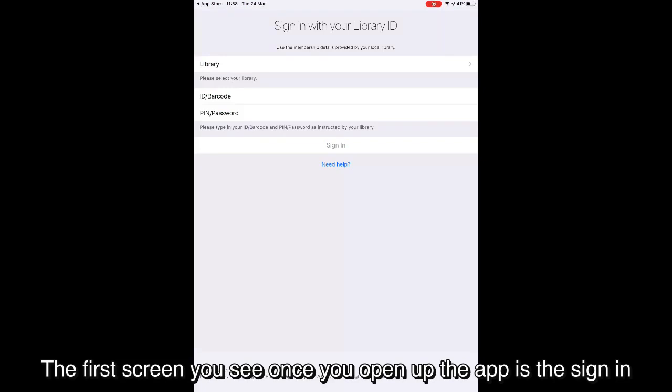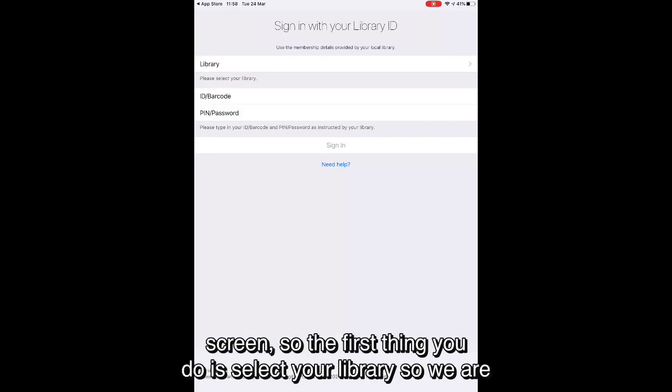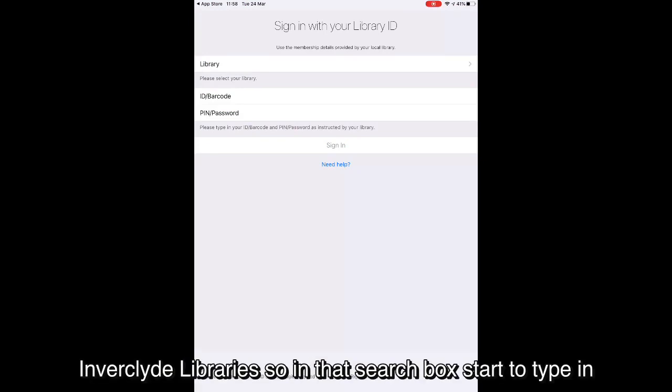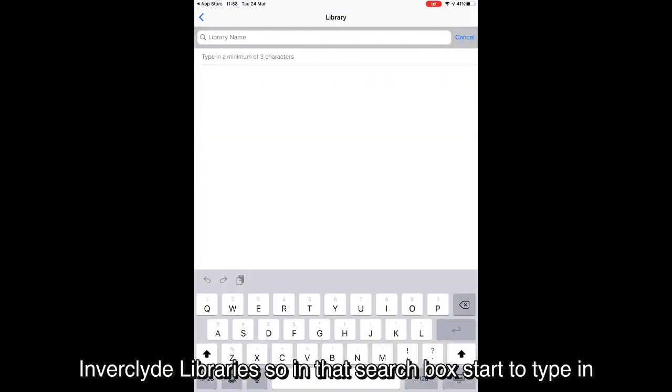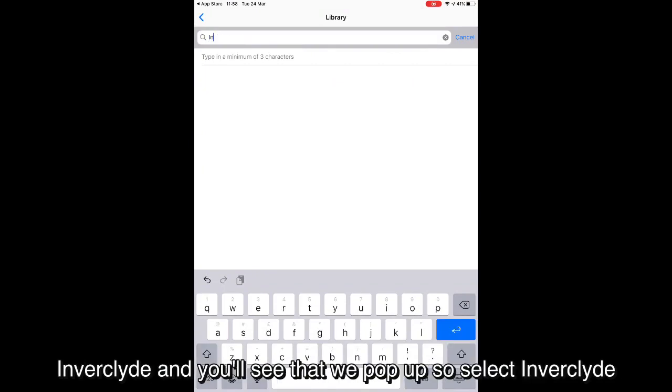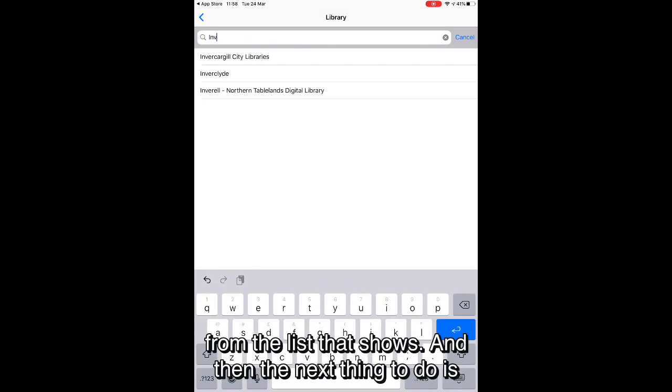So the first screen you see once you open up the app is the sign in screen. So first thing you do is select your library. So we are Inverclyde Libraries, so in that search box start to type in Inverclyde, and you'll see that will pop up again. So select Inverclyde from the list that shows,